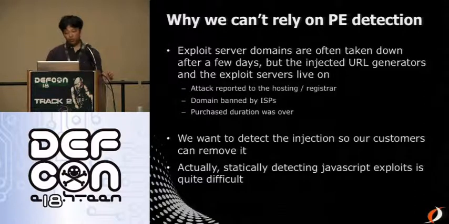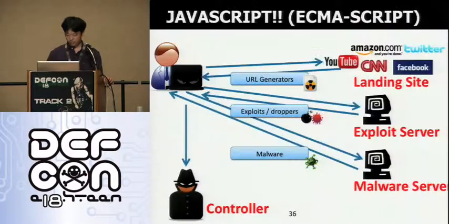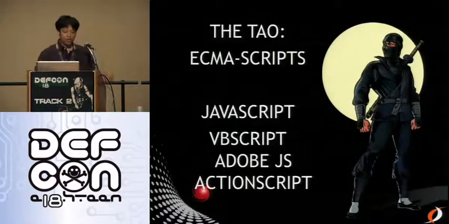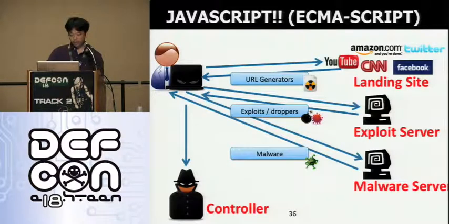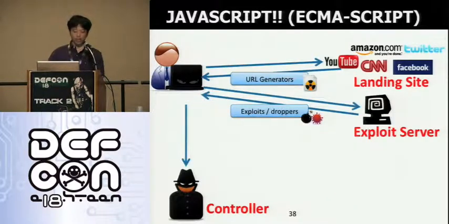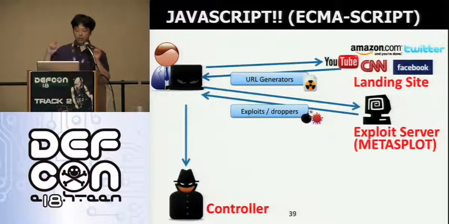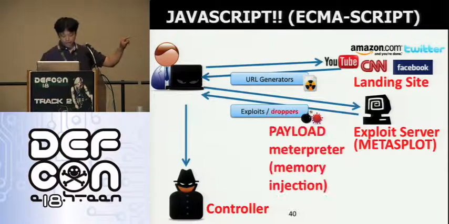And that's why we can't just rely on PE detection. So the deal here is ECMAScript, which is JavaScript, VBScript, Adobe.js, and ActionScript. And so we want to take this part out. Okay, we want to take this part out and replace the exploit server with Metasploit and use Meterpreter or something